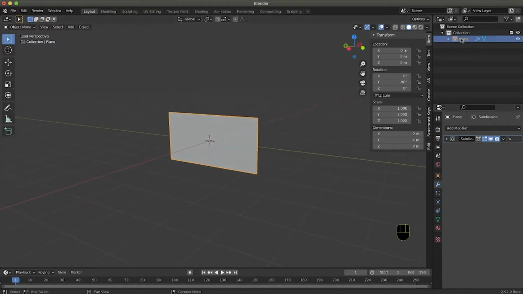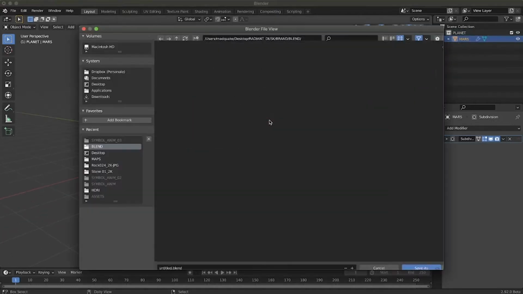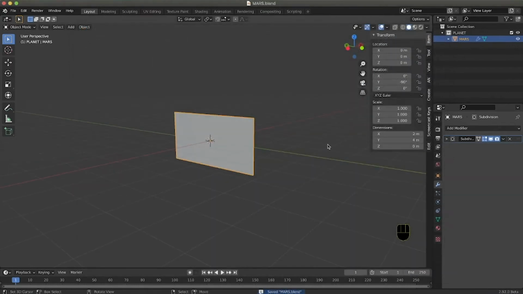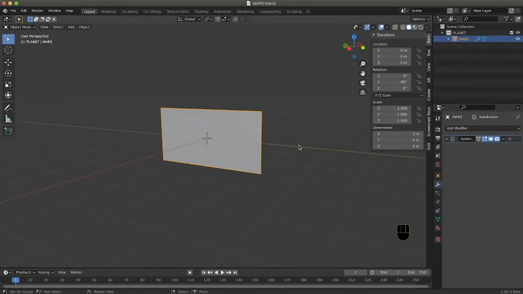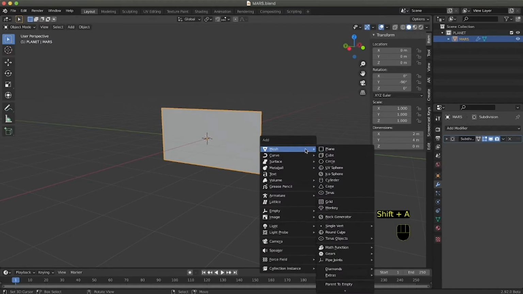After having done that, we can call this collection planet, and this can be Mars, since we are going to use the maps of Mars. And this is a very good moment to save our project. Remember to save often, also to go back to moments where the model was working well and you don't have to redo from scratch. So we add an empty